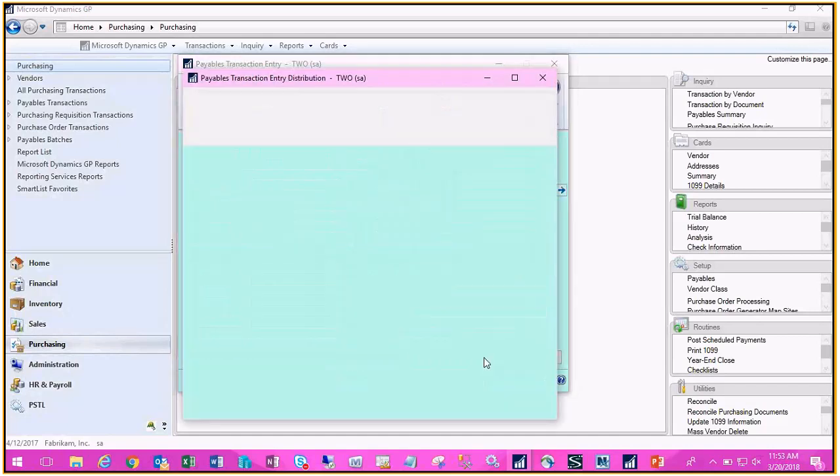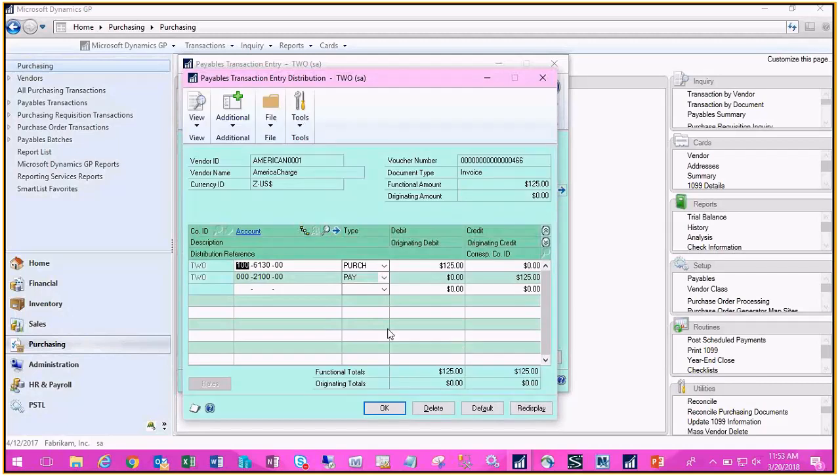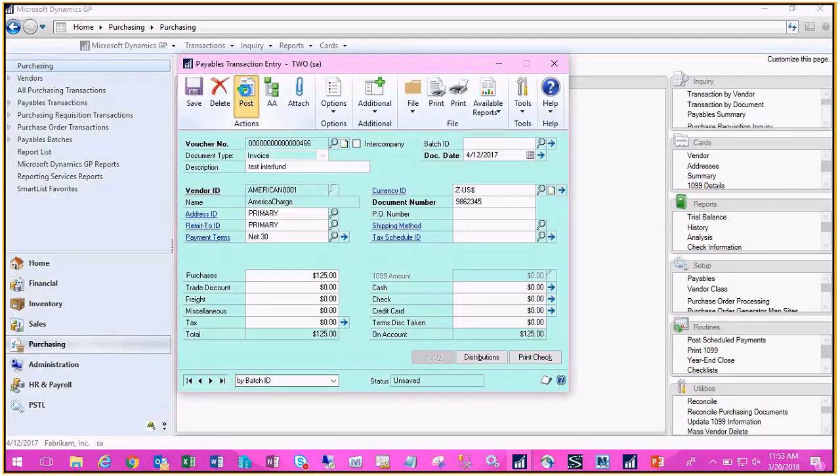And so at this point, when you look at your distributions, what I want to make sure is that, first of all, I've got an account that will be a good example, but it's going to a different division here. So everything's good here. You're not going to see a difference in the subledger because Interfund and these transactions don't affect your subledger. You're looking purely at your general ledger for this. I'm going to click on OK here, and we're going to go ahead and just post this transaction. And as soon as that posts,